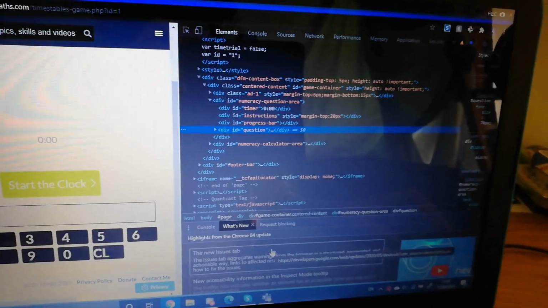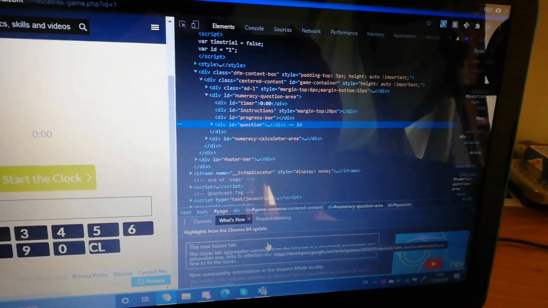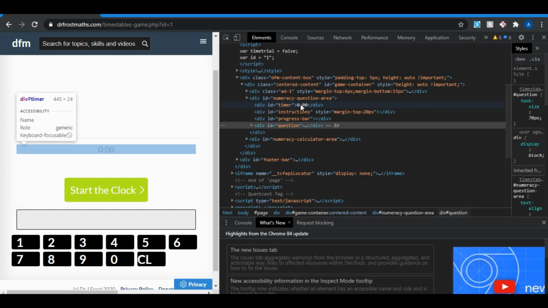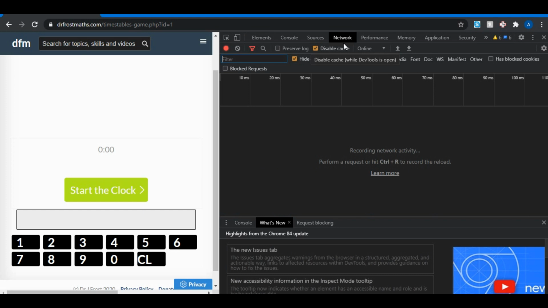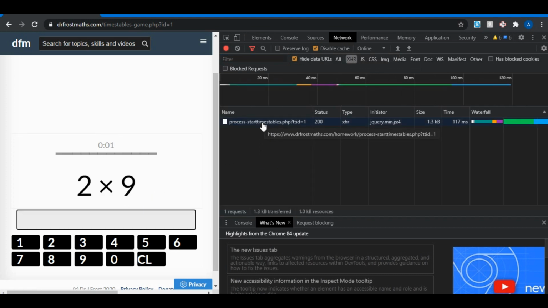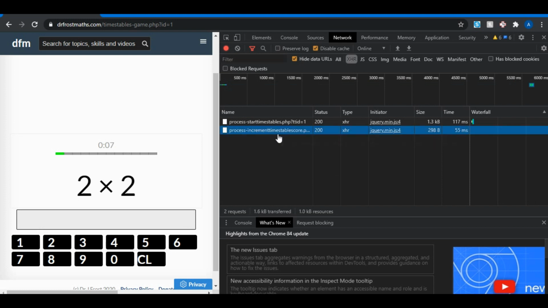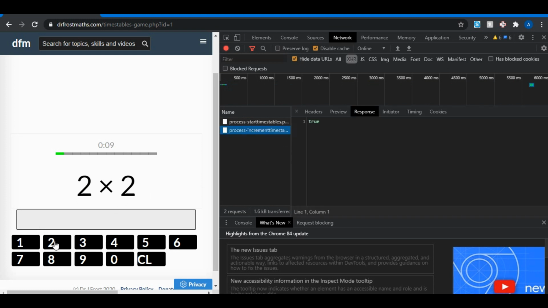It's just inspect element. There's nothing special about this. Using inspect allows us to see the source code for the web page, but more importantly, requests going to and from the web page in the network tab. Now, here's the important bit. When we click start the clock, oh look, there's a request. And look, when we answer correctly, type in 18, look, another one. And then when we go through all of the times tables and get to the very end,